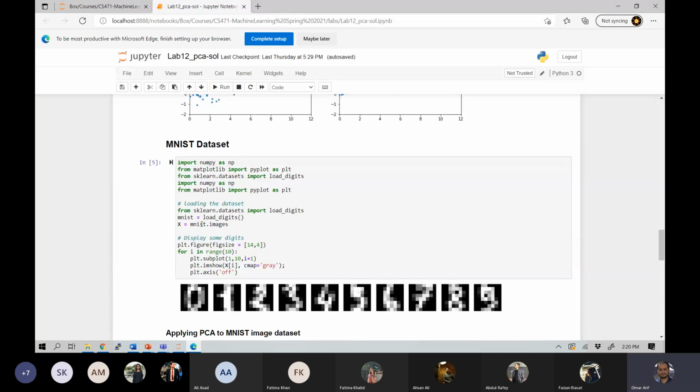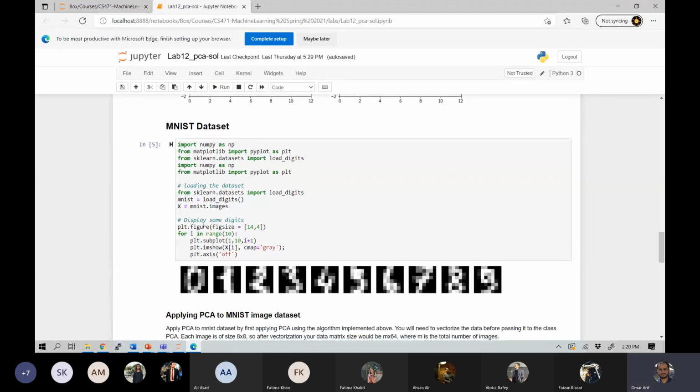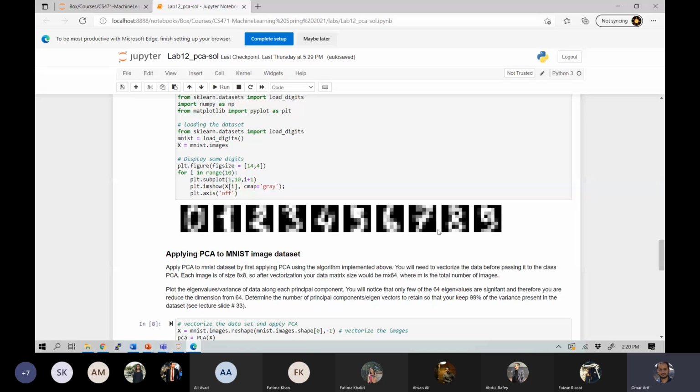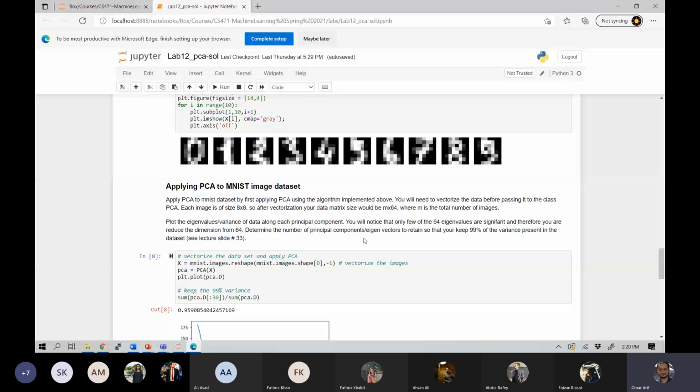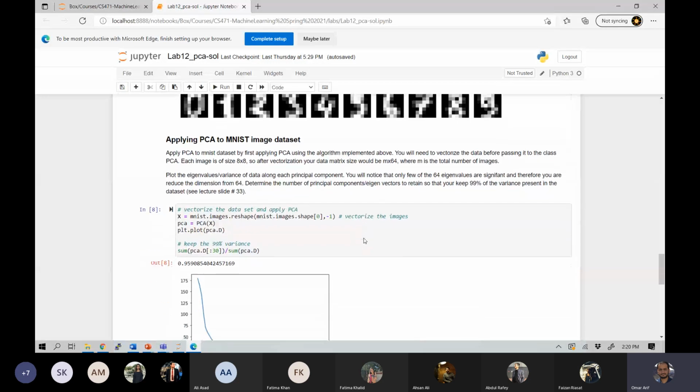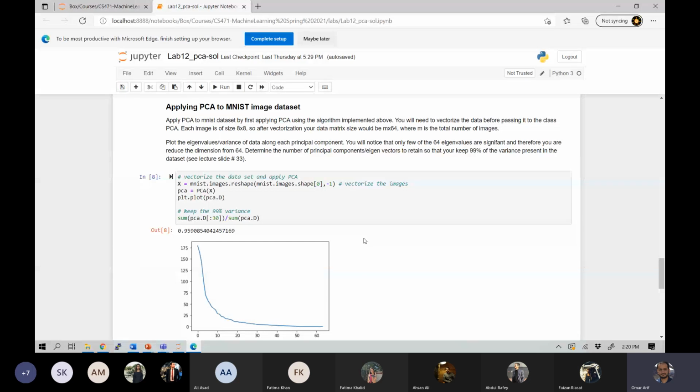So this part that you computed here, and simply displaying some of those images. The next part was to determine how many features to keep. Once you apply principal component analysis to this data set, the PCA algorithm is going to rotate your 64 dimensional coordinate system in such a way that your first axis aligns with the maximum variance, the second with the next maximum, and so on.